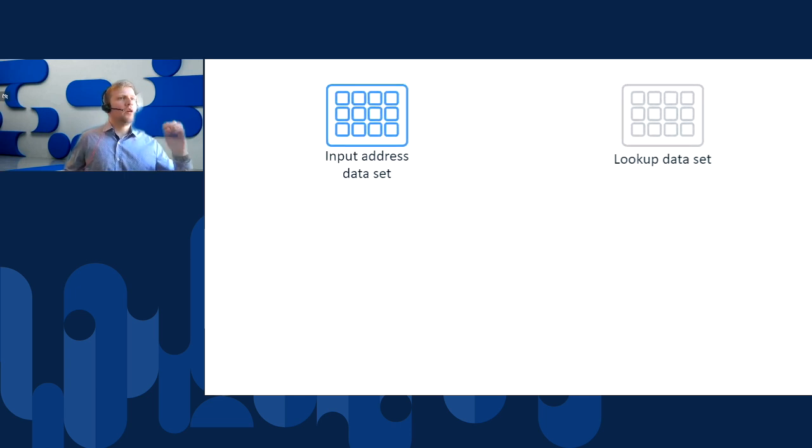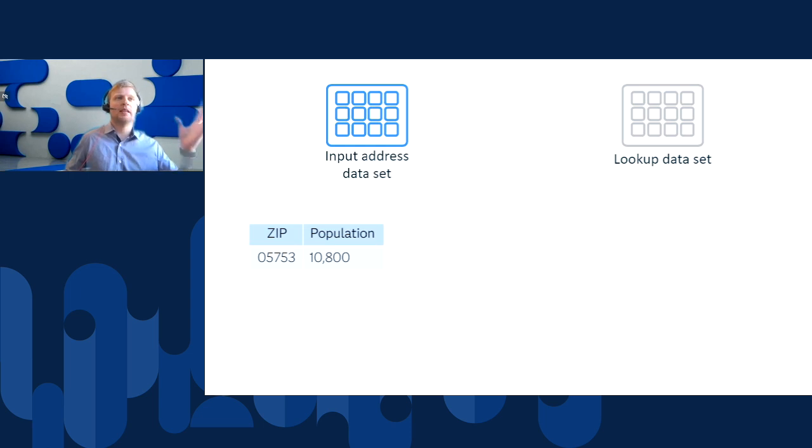Now, if you think about what's happening here, this is very similar to geocoding with Esri or really any other sort of geocoding. In our input data set, we have some geographic variable that we want to assign latitude and longitude values for. So, that might be a zip code.